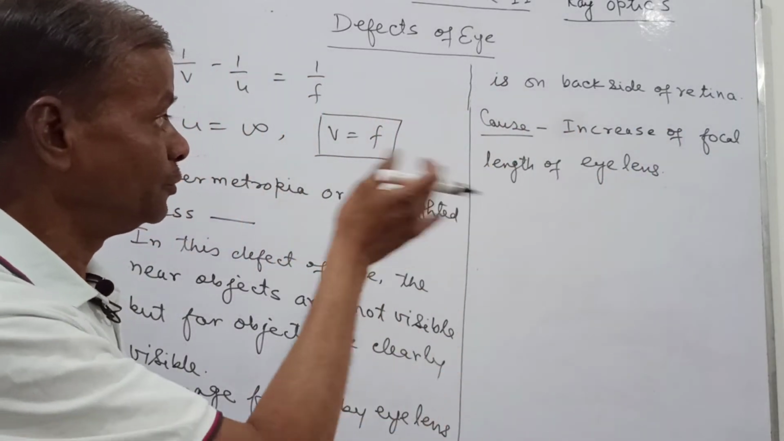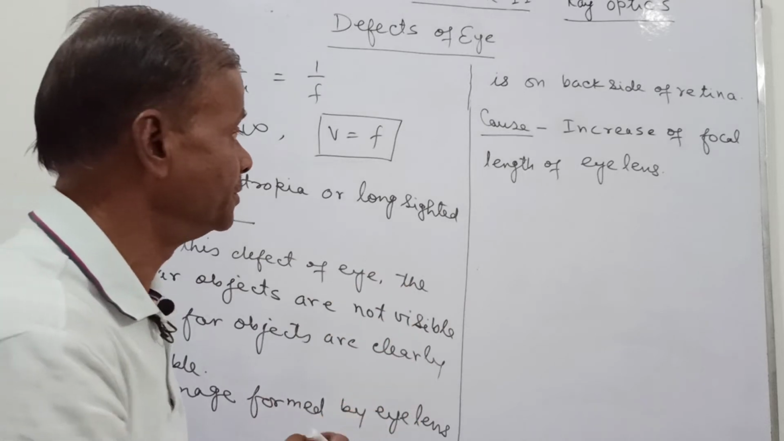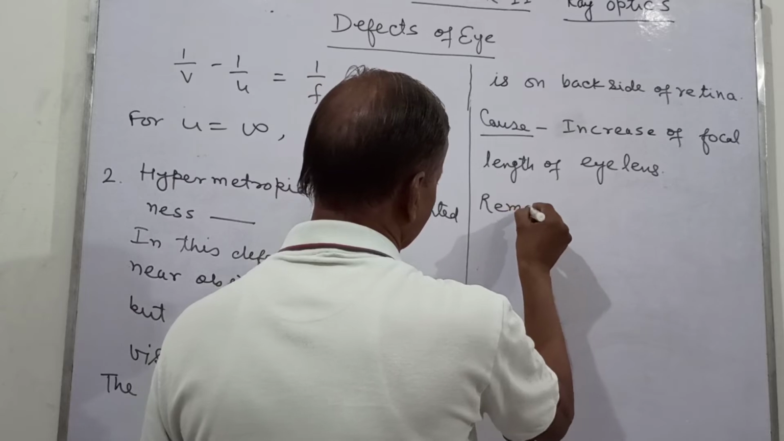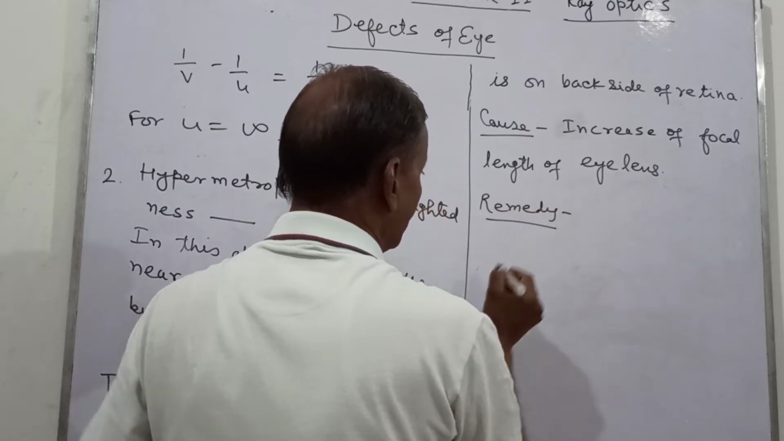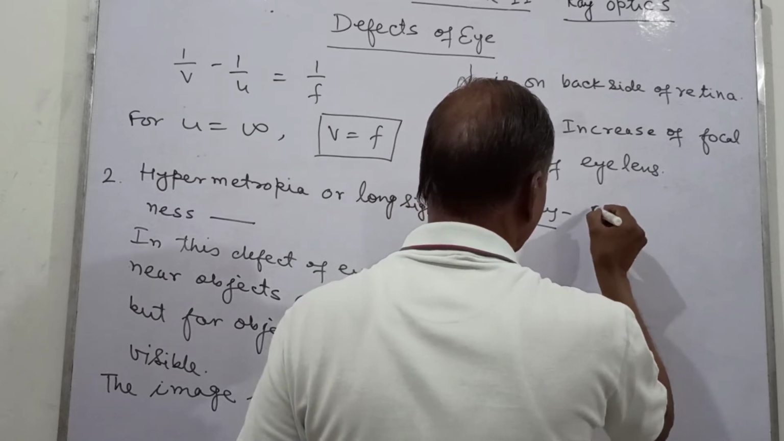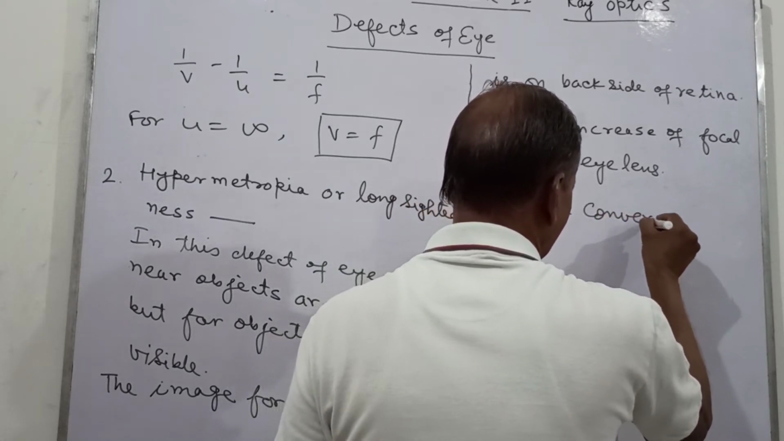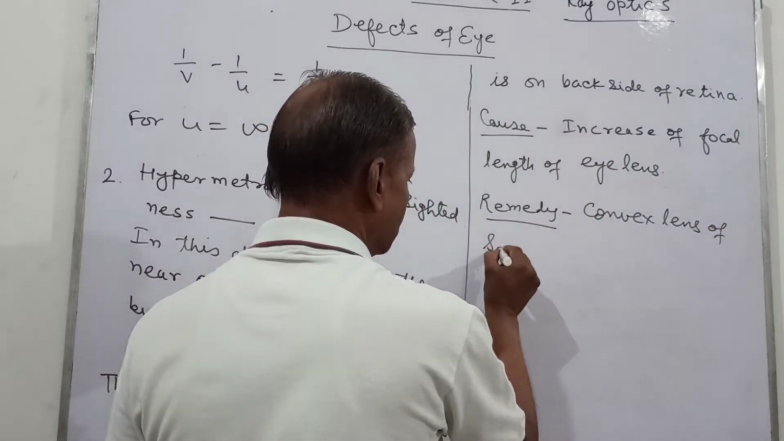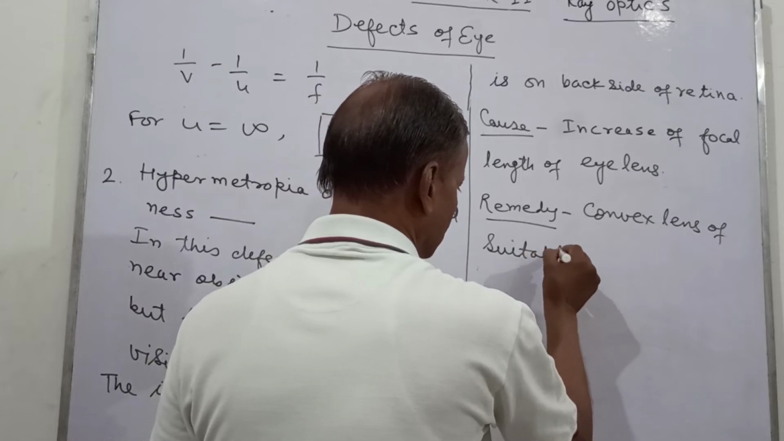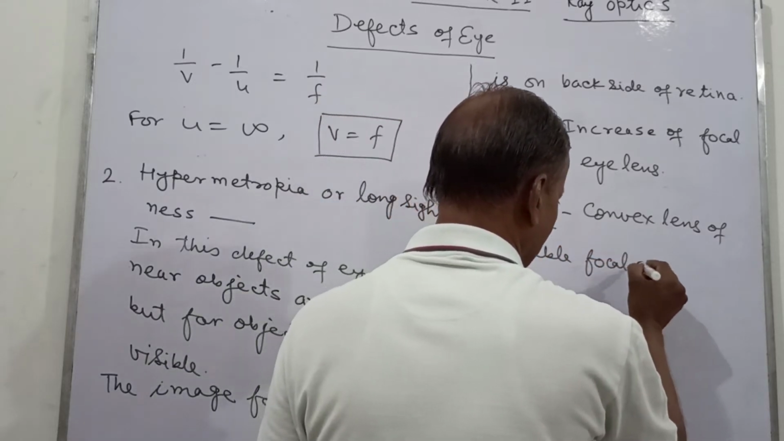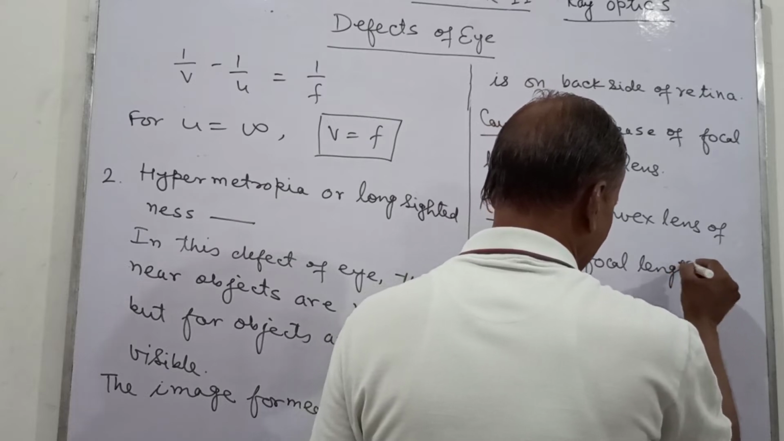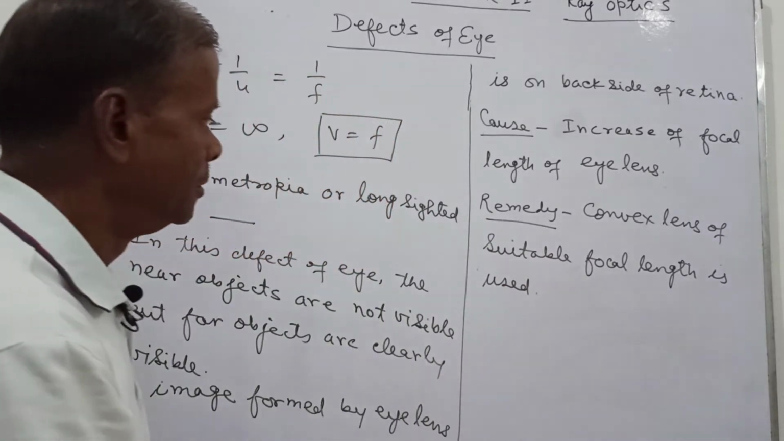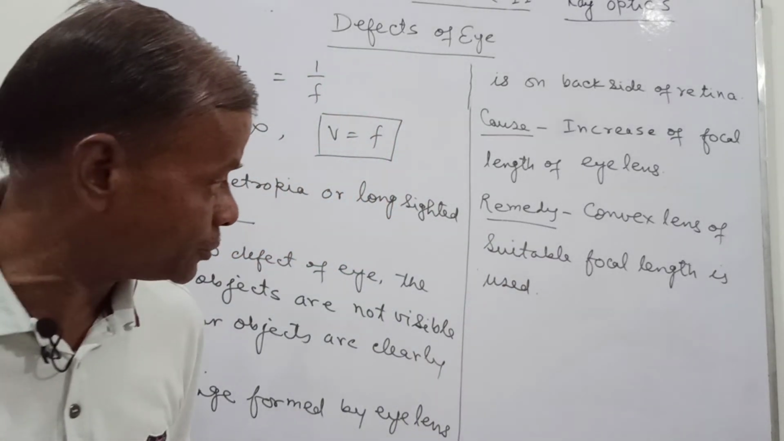फोकल लेंथ बढ़ जाती है तो जो इमेज होती है वो रेटिना के ठीक पीछे होती है. तो इसका रिमूवल क्या है, इसका जो रेमेडी क्या है इसकी, convex lens of suitable focal length is used. तो अब इसमें हम देखेंगे ये जो